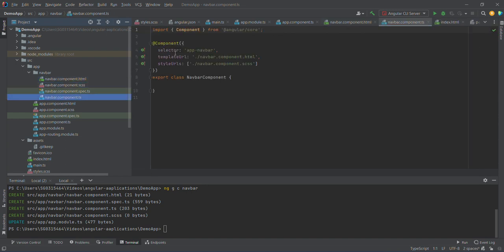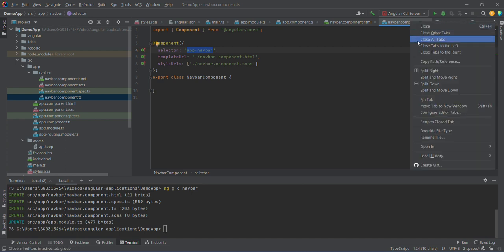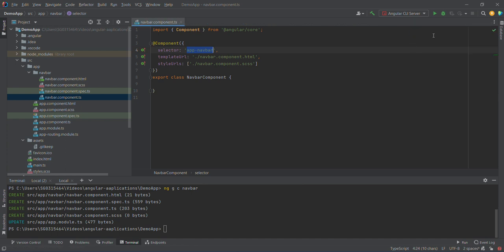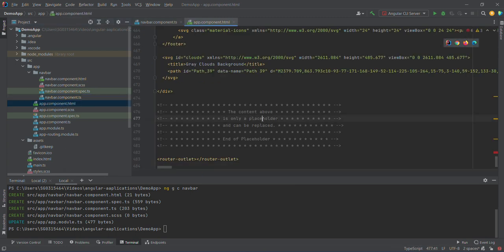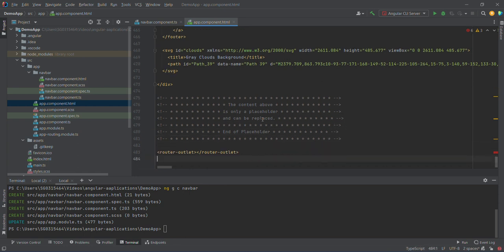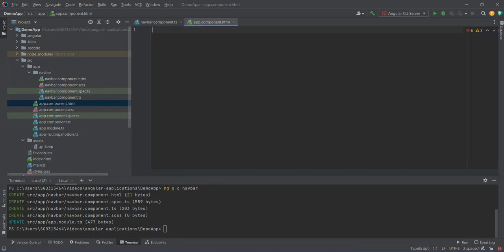Let me open the ts file. I want to render this selector to the main component. What is the main component here? The main component is your app.component, which is nothing but a main component. But this is default code, so you can delete this default code which is generated by the